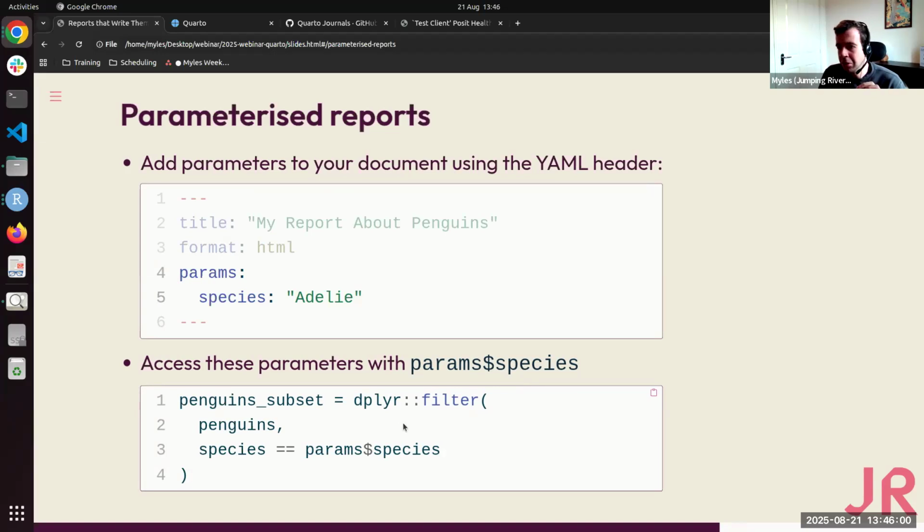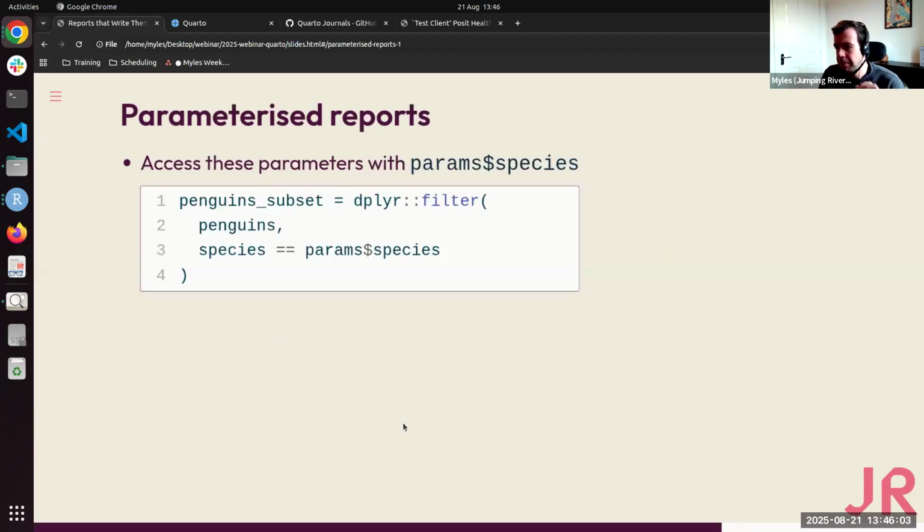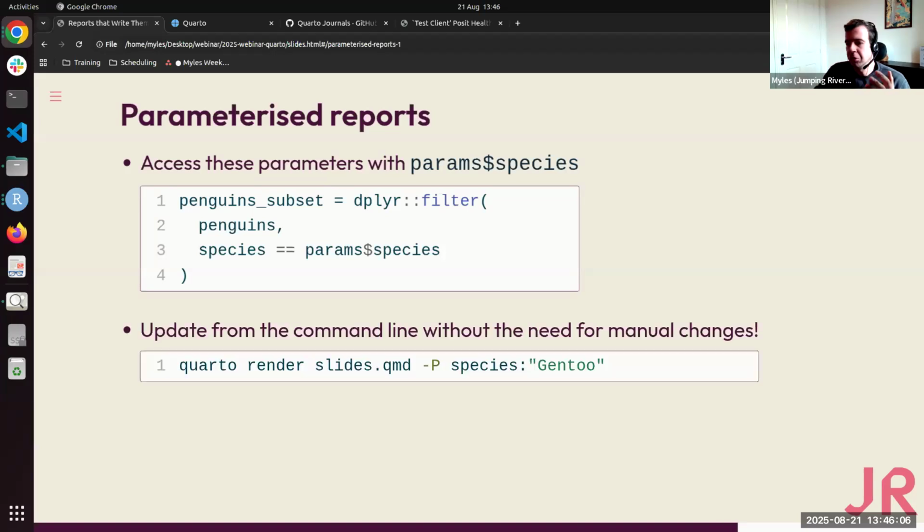That becomes really powerful because you might be producing a monthly sales report with the latest customer churn data, and you might have the date as one of the parameters for that, or you might only want to look at a specific subset of customers, so you can feed that in as a parameter. It also becomes powerful when you want to actually automate these processes, so you could have a daily job on AWS or Connect, for example, which essentially regenerates your Quarto document on a schedule using the latest data. And again, using parameters like this can help to automate that. So it's very hands off.